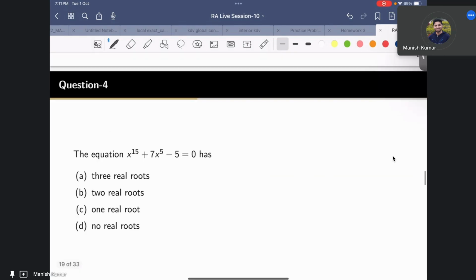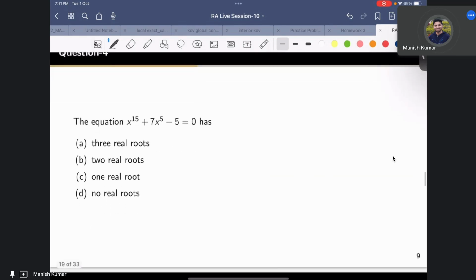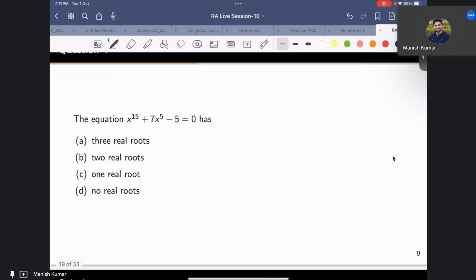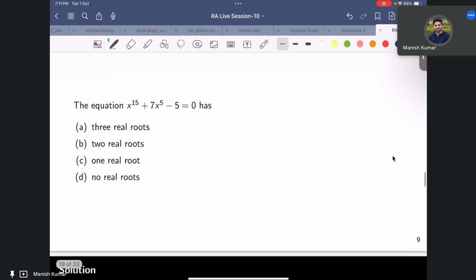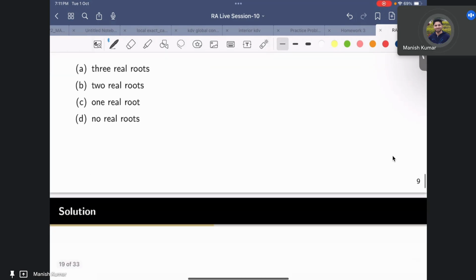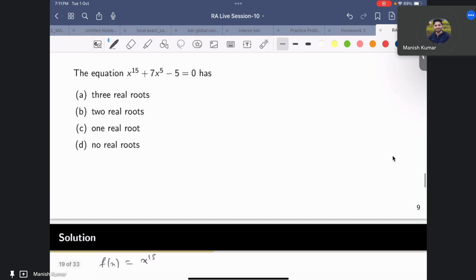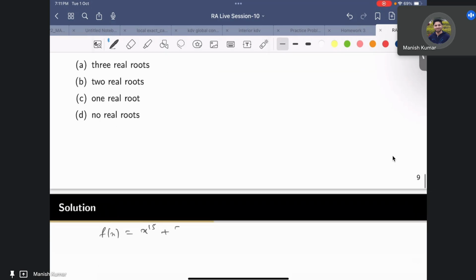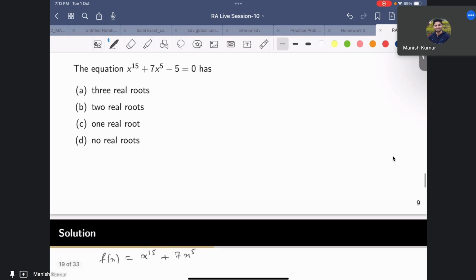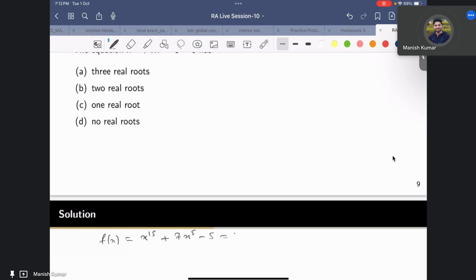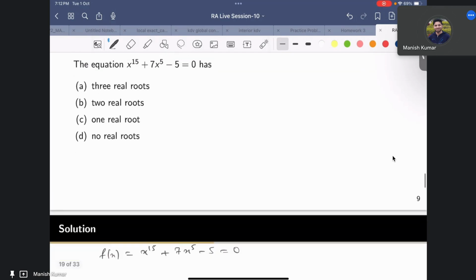Okay, so let us try to look at this particular equation, how many roots it has. So let us say that f of x is equal to x to the power 15 plus 7x to the power 5 minus 5 equal to 0. Okay, now